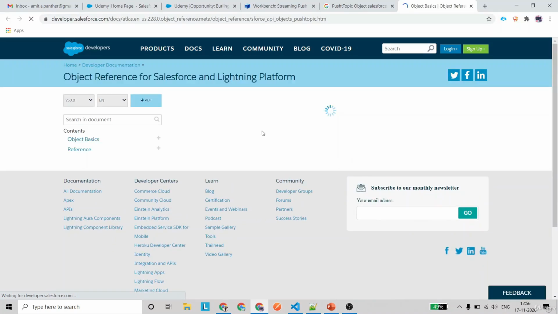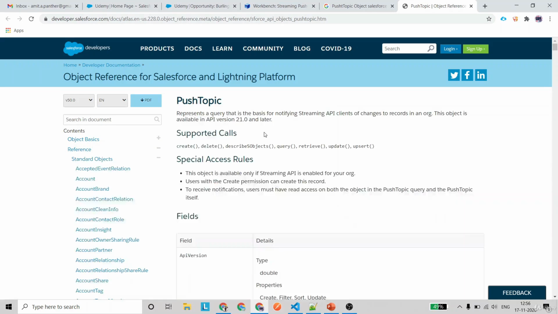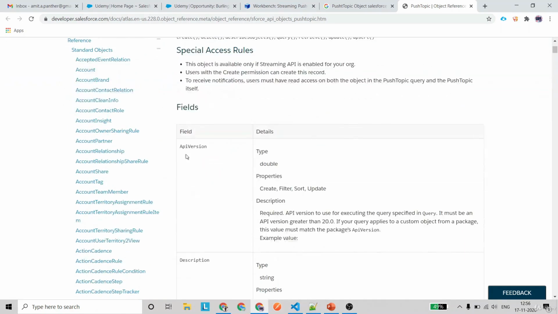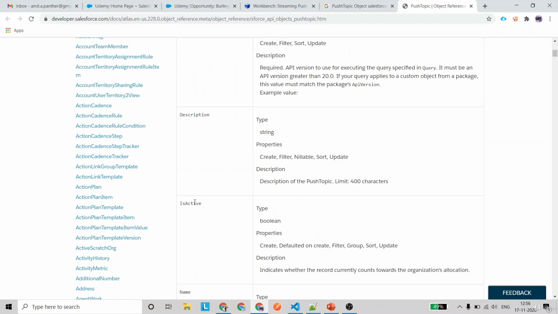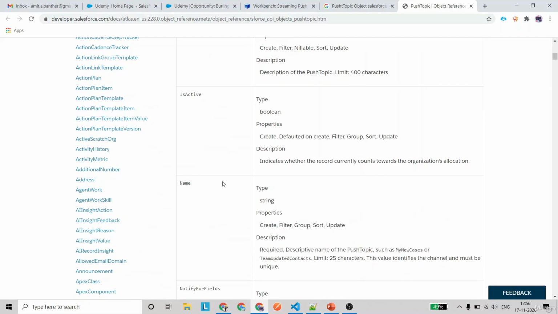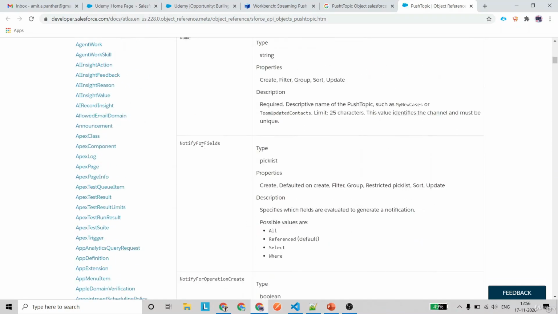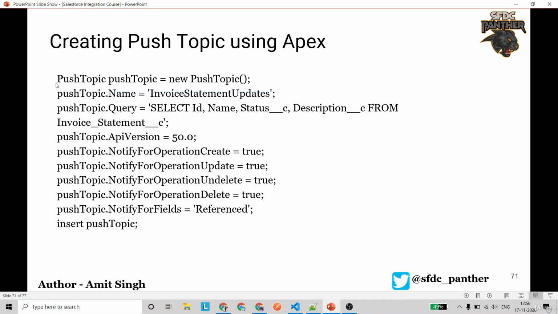Under that, we will see all the fields which we need to provide, or the various options that we can use. If you go here, we have to provide the API version, the description, whether it is active or not, the name of our push topic, and notify for fields. We are going to discuss all these. Unlike every custom or standard object which we want to insert using Apex or any other automation tool, like workflow, process builder, or flow builders,